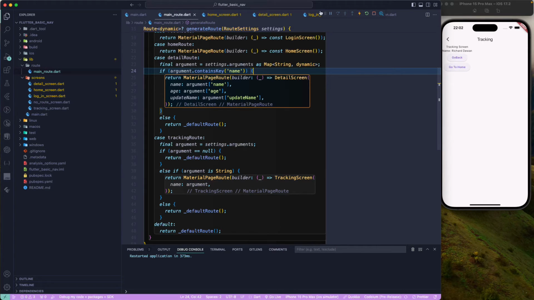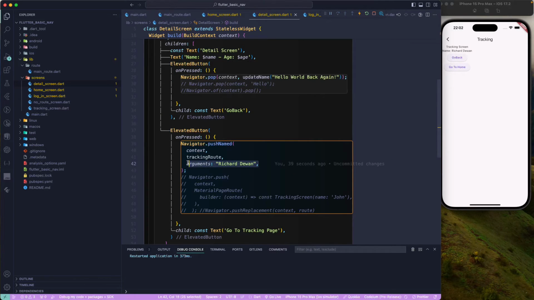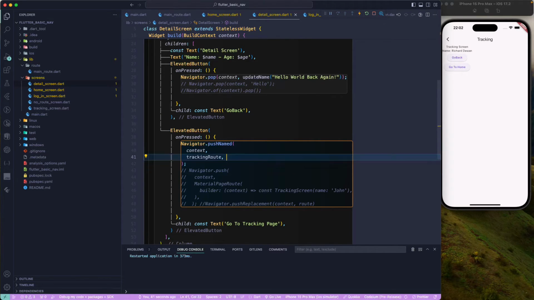As well as we'll try to see what will happen if we don't pass that particular argument over here. So let's just remove this particular argument from here, and if I just go and reload this one, and let's go to the login. From login we'll go to the detail, and let's go to the tracking from here, and now you see that we got no route found. Please check your route. And once we click on this one, we want to navigate back to our main route, right? So we want to go back to the home screen,